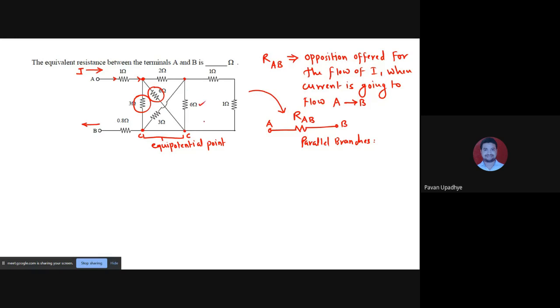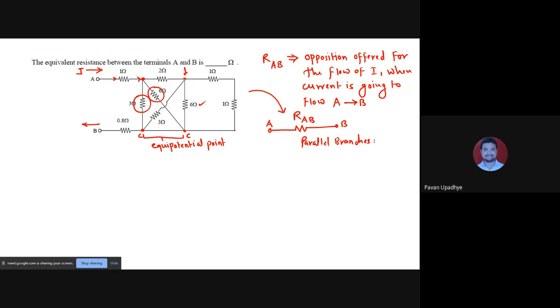Because of the presence of this 6 ohm, we cannot call this C point and this, let us say, D point, they are not equipotential. So 2 ohm is not in parallel to 3 and 6, but 3 and 6 are in parallel with each other. Okay, moving ahead,